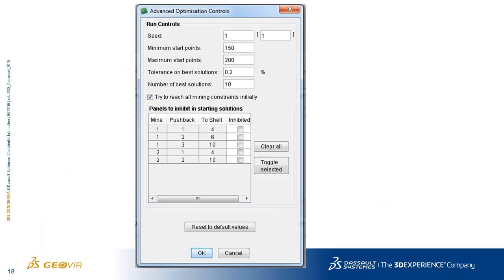When I'm running a SIMO schedule, I have to set up what we call the run control. So essentially, this is determining how many runs, how many iterations of the mining sequence do I want to try. So you can see in this case, I said your minimum start point is 150. So you have to do 150 different runs, okay? And that's what the computer will process. Maximum will be 200. So once you've done 200, then the node will be complete. The question is, I don't want to have to do those last 50 runs unless I really need to.